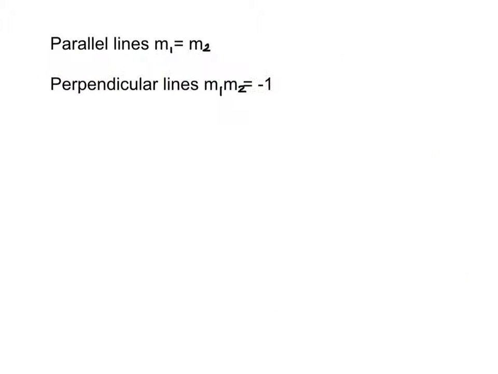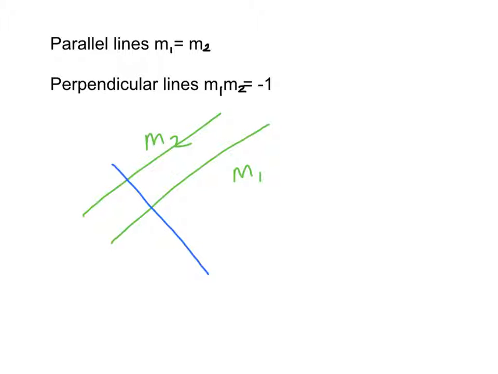We're nearly there. A couple more things. All right, we talked earlier about parallel lines. If I have two parallel lines, the slope is the same, so their gradients will be the same. M1, the gradient of this line, the gradient of that line have the same slope, the same gradient. And if I have a perpendicular line, if I draw a line at right angles, this is M3, the gradient of that line multiplied by any of the other gradients of the green lines will equal